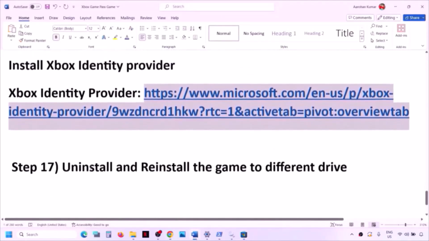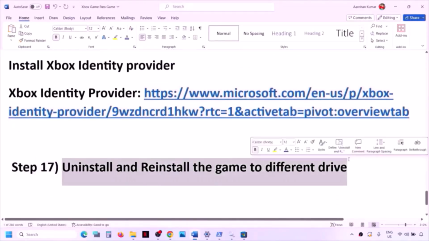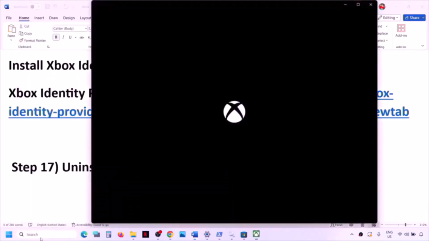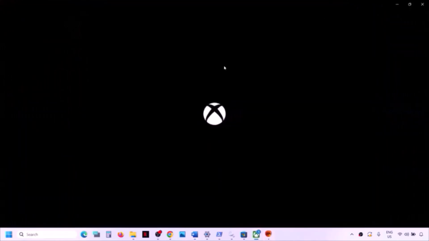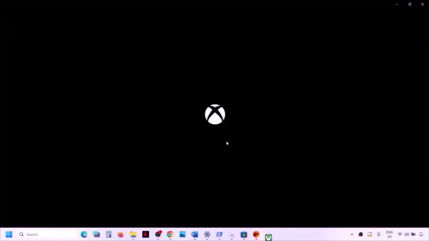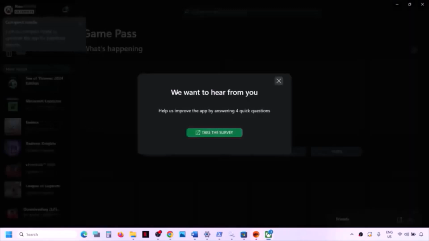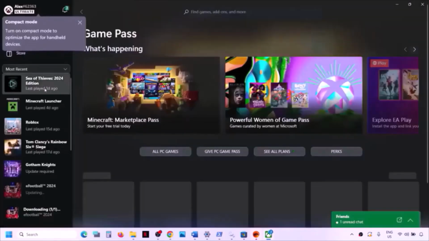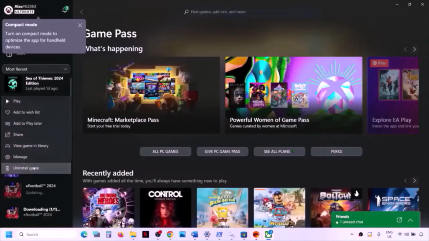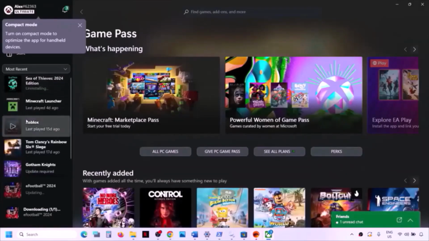The next step is to uninstall and reinstall the game to a different drive. So if nothing is working, you can open the Xbox app or Microsoft Store, and then you can try to uninstall the game and then reinstall the game. You can simply uninstall and reinstall. So go to the Xbox app or Microsoft Store, and you can right click on the game and then click on uninstall. Yes. And once the uninstall is complete,